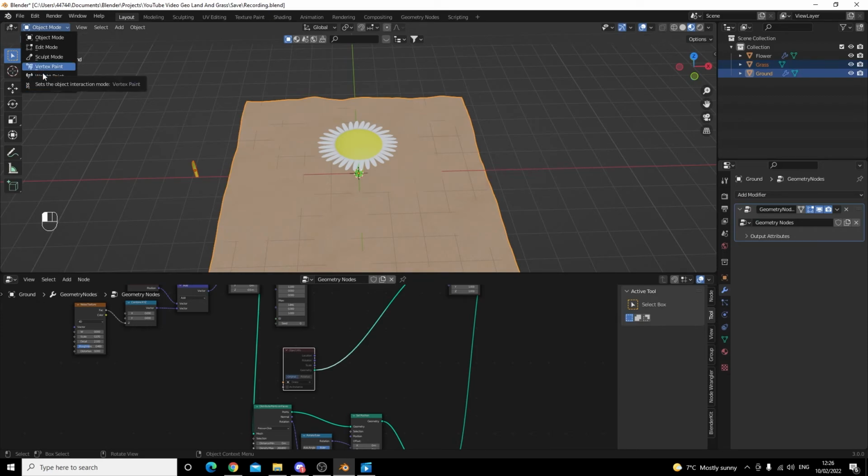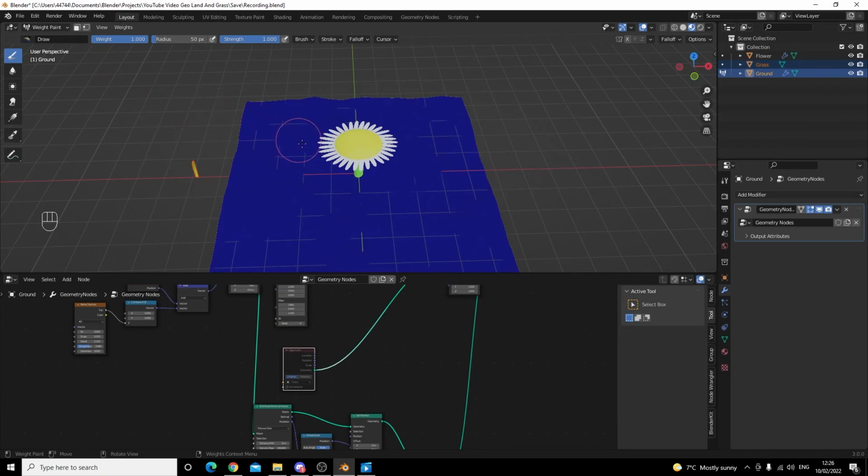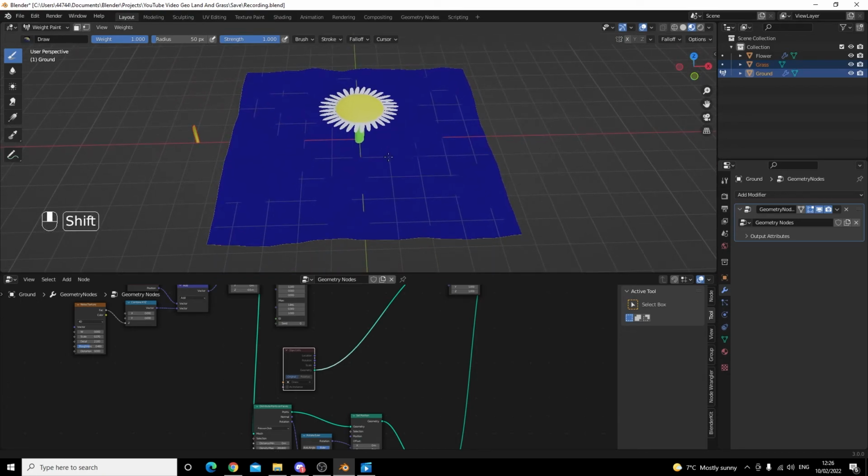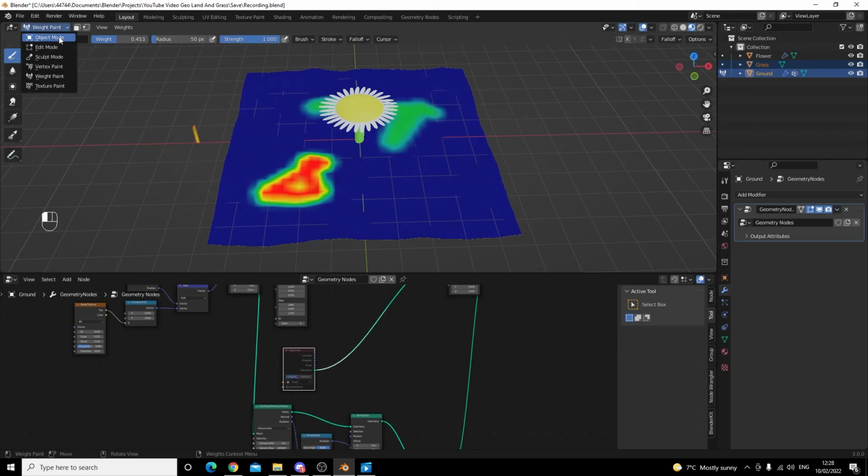As you can see, our ground is now blue. This represents a value of 0, meaning no flowers will be added here. We also have the max value, which is 1, and it is colored red. By left clicking, you can start painting. You can change the value of your left click by adjusting the weight value. Once you have painted,